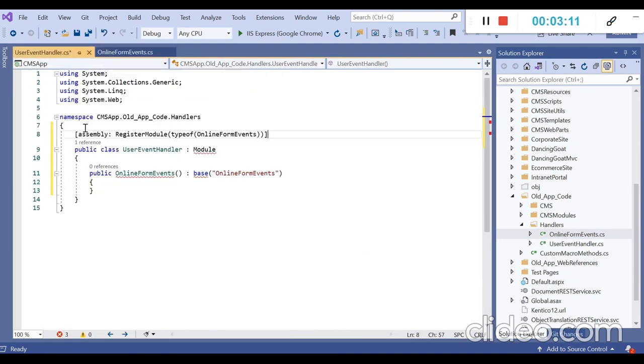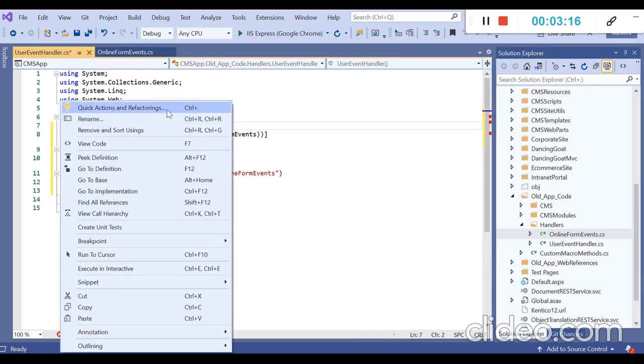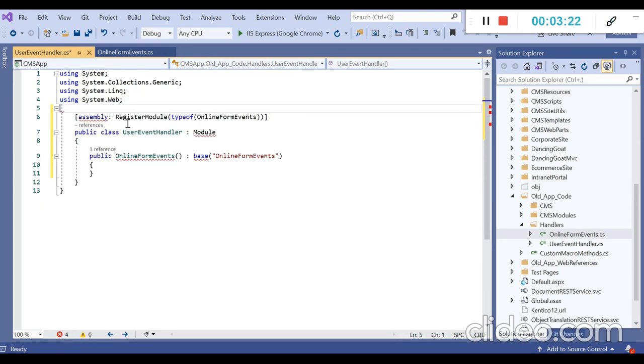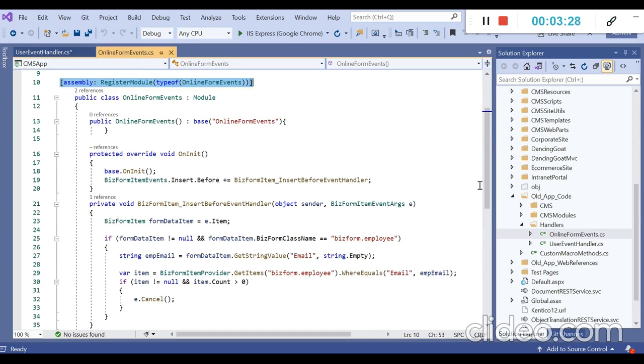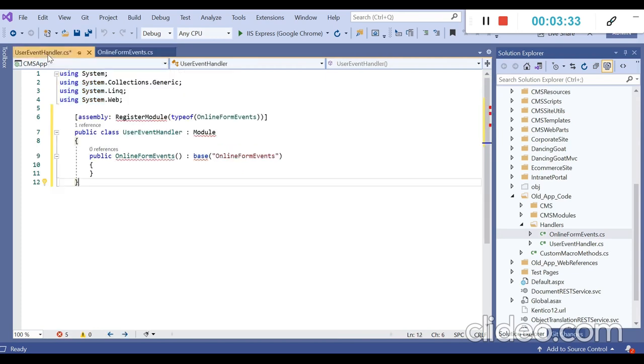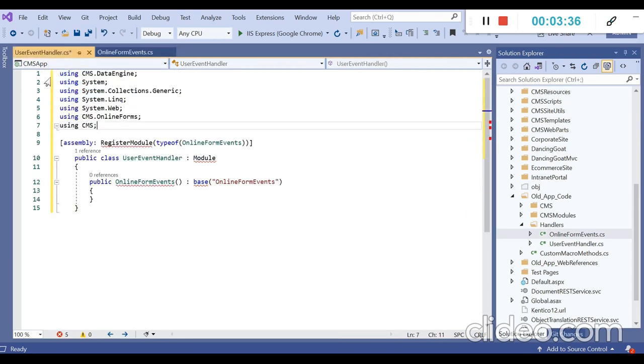Let us copy all the code. Let us remove the namespace from here because I don't need it, and copy the namespaces which are required. Let's replace UserEventHandler in place of online form events.